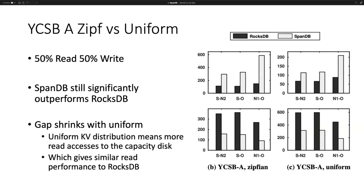Next, we can look at YCSB A. So we have Zipf and then uniform. Same sort of graphs on the right again, RocksDB versus SpanDB. And YCSB A means 50% read, 50% write. So even with reads, we're still far outperforming